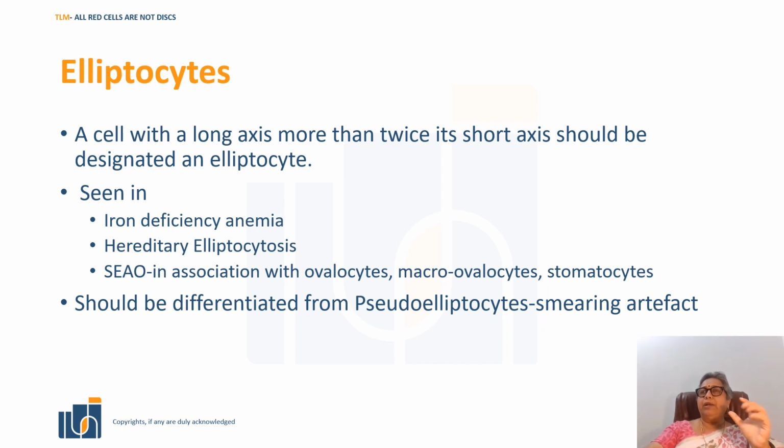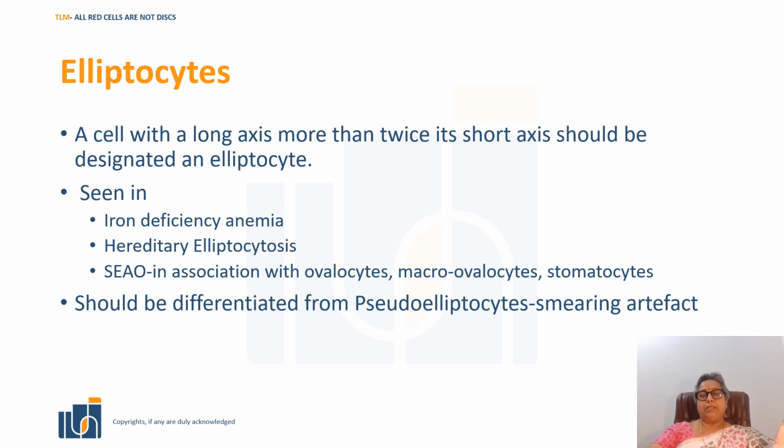When do you call a red cell an elliptocyte? A cell with a long axis more than twice its short axis should be designated an elliptocyte. That is, it is longer than it is broad. So more than twice the short axis. And where do we see it? Most commonly in iron deficiency anemia, at least in the Indian context. You also see it in a condition called hereditary elliptocytosis, Southeast Asian ovalocytosis, where elliptocytes are associated with ovalocytes, macroovalocytes,